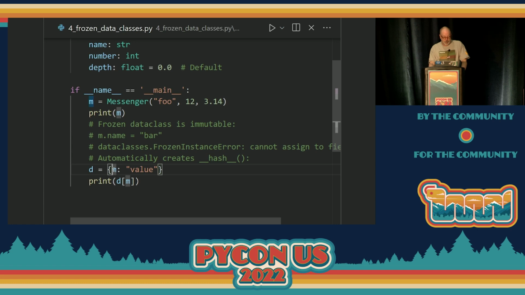And so one of the things that we see is that we're able to use the object as a key for our hash table, because if it's immutable, then it'll automatically create the dunder hash function. And so it's happy with that. So we can use it as a key in a dictionary, and here we look it up. All right,